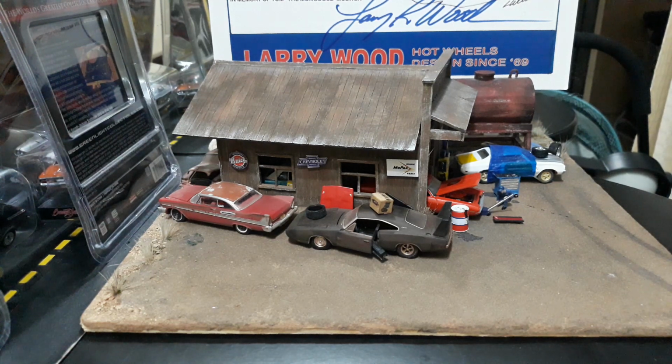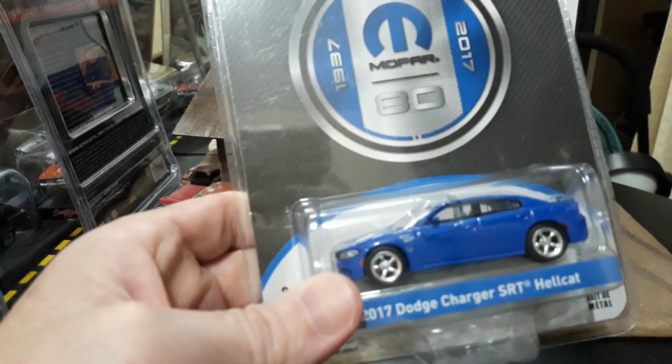It's time for us to do our premium unboxing, and today we got a few cars from Johnny Lightning and Greenlight, some older releases and some newer releases. Predominantly Mopars, but we do have a couple of GM cars in the mix. So let's get started. The first one I'm going to show you today is the Mopar 80th Anniversary